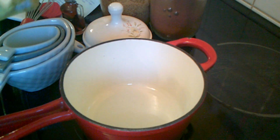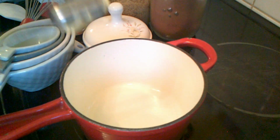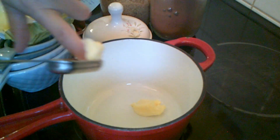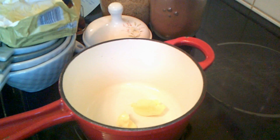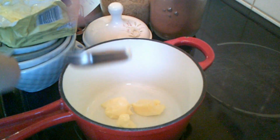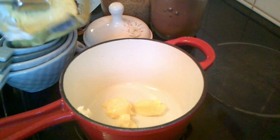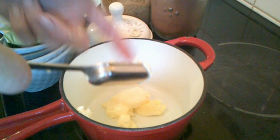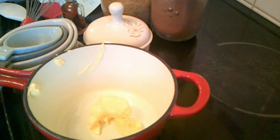Okay, so 3 tablespoons of butter. I have clean hands, I have just washed them. 3 tablespoons butter. We're also going to need,